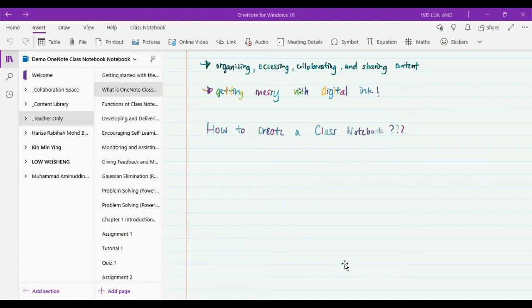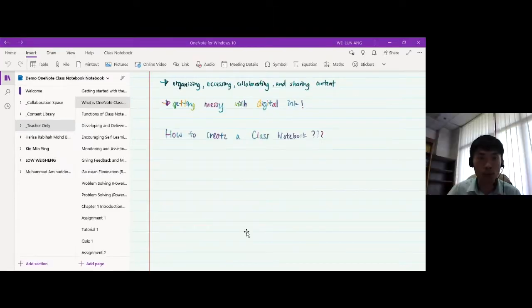So maybe you can create it from an existing notebook, but if it is a new course, then you can use the blank notebook. Once you click the blank notebook, this will be the overview of the features of your class notebook that will appear once you create it. As you can see here, there are 4 main sections.